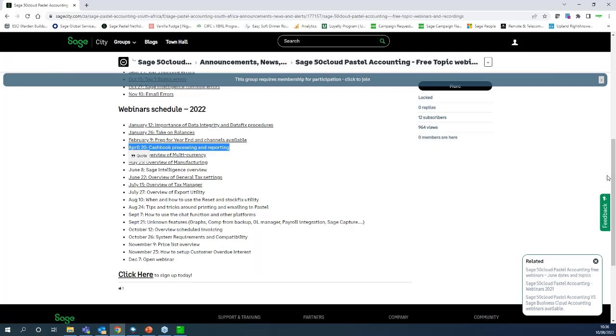And then guys, you can see for the rest of the year what we've got. We've got how to use the chat function and other platforms, so basically showing you, hey, this is how the stuff works. These are other platforms that we have. Are you aware of them? Unknown features: this is like graphs, company from backup, the GL manager, Pastel integration, and Sage Capture. So things that are a little bit obscure that you don't know about. Overview on scheduled invoicing,